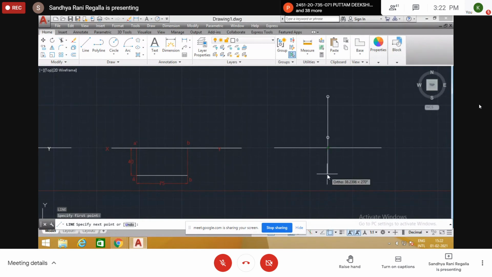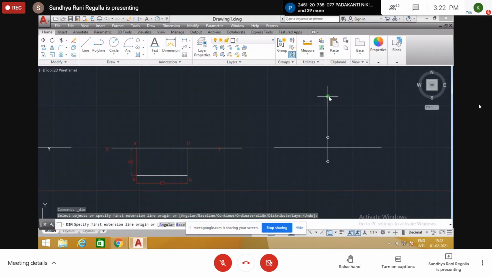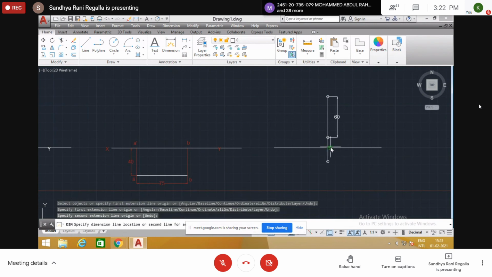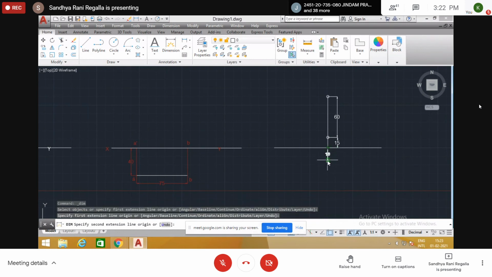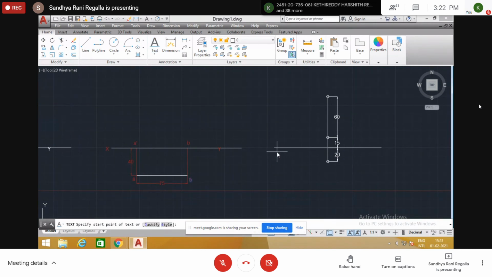So take 20 mm here and put the point. Now this is the line of length 60, this height is 15 mm, and in the top view it is 20 mm from VP. Now write the text.